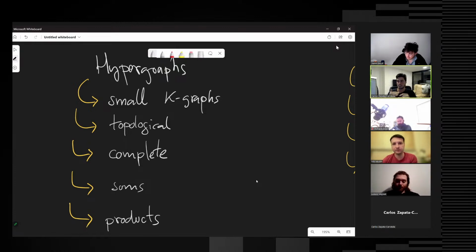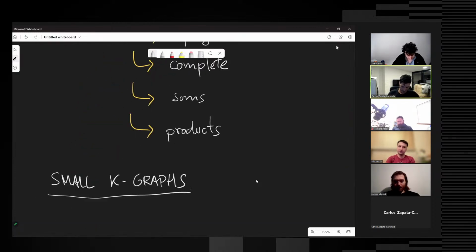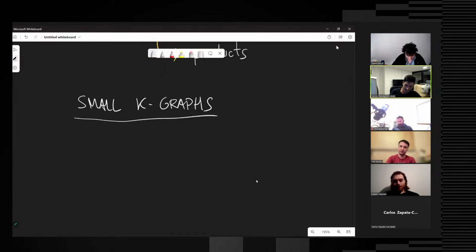Things that have increasingly higher numbers of edges, that's what small means in this context. K-graph means that we simplify so that we are connected, we are simple, so we have the atomic building blocks of hypergraphs. Maybe I'll give you an example for each of these. A K-graph is exactly what everyone has in mind as a cartoon of a hypergraph. If you have one vertex, maybe you have simply one edge like that. If you have two vertices, you have something like that. If you have three vertices, maybe you have something like this, and then maybe you have another vertex, you have something like that. These are K-graphs, right?